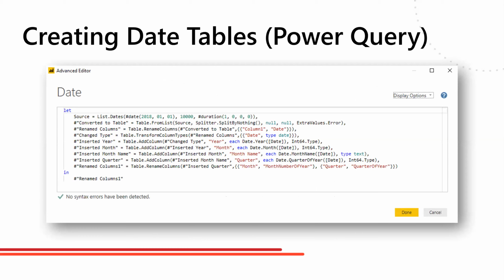Another place to create your date table, though, if you don't want to do it in DAX, is in Power Query. Here's just a quick example. This is very similar to the Calendar function, where we're essentially, in that first line there,